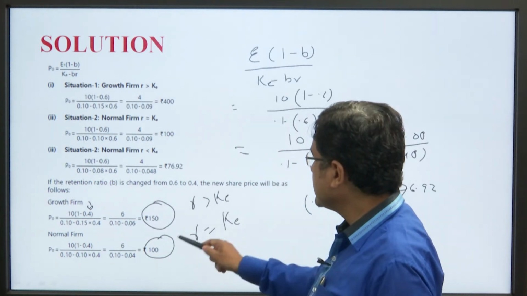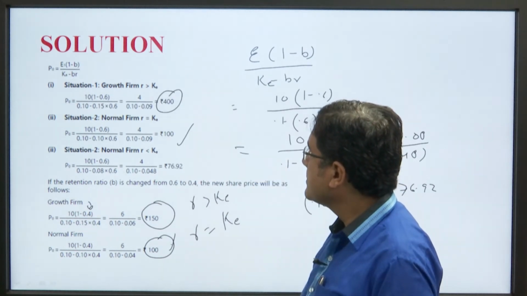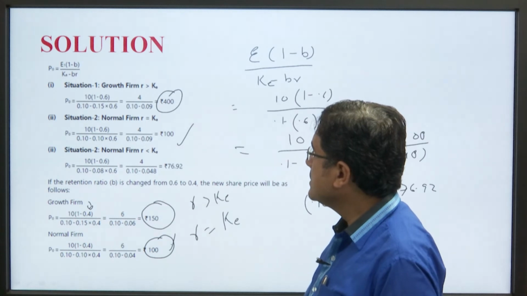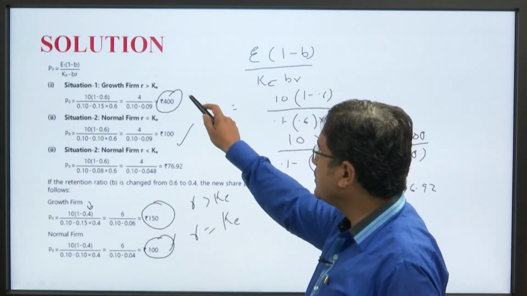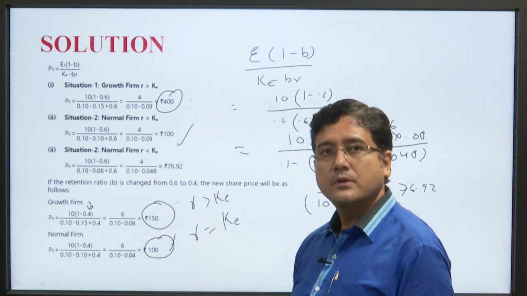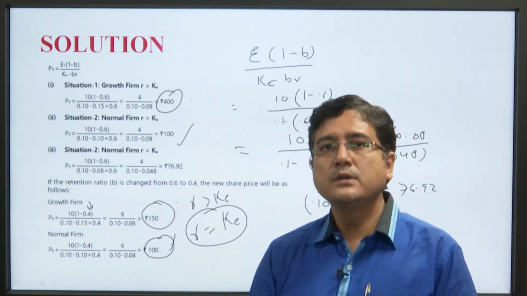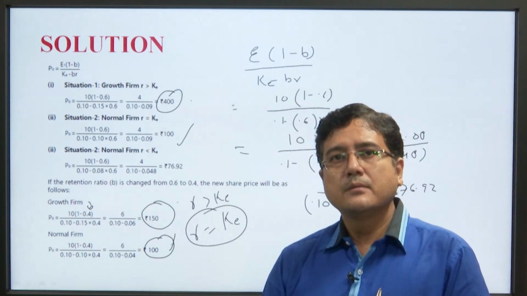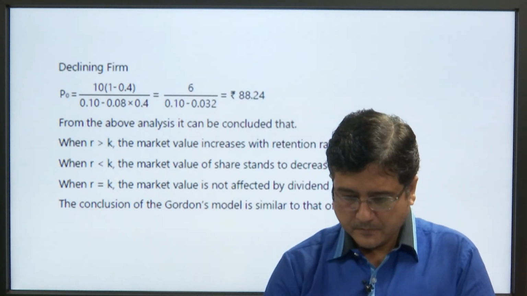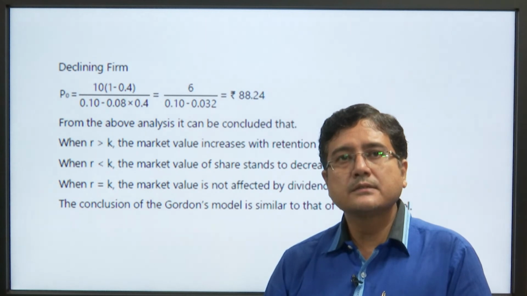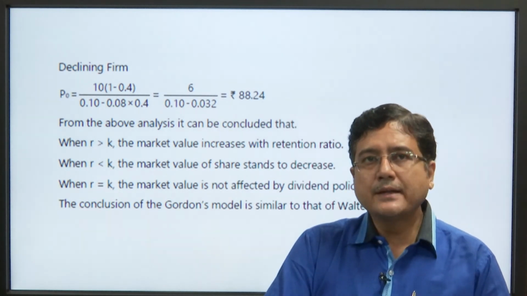So, in this case you see, रिटेंशन को हमने जब कम किया यानी कि डिविडेंड पे आउट बढ़ाया, तो यहाँ पर प्राइसिंग 400 था, यहाँ पे 150 हो गया और यहाँ पर 100 ही रहा इन द केस ऑफ नॉर्मल कंपनी, जहाँ पर R इक्वल्स टू KE हुआ करता था। वहाँ पे डिविडेंड पे आउट रेशियो चेंज होने का या फिर रिटेंशन रेशियो चेंज होने का कोई फ़र्क नहीं पड़ा। फॉर द डिक्लाइन फर्म इट इज़ 88.84, सेम फॉर्मूला 88.84।